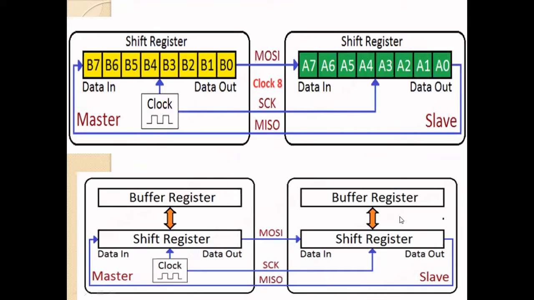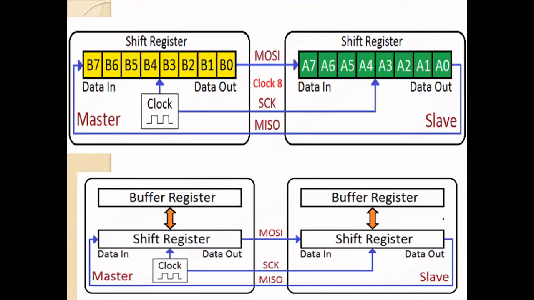Suppose I want to transmit 5 bytes of data from master to slave device. First, the first byte will be moved to the buffer register. This is an 8-bit register, and the shift register is also an 8-bit register. The first data will be received by the buffer register. From the buffer register to the shift register, the connection is parallel. When I store the first byte, immediately all 8 bits, which are called 1 byte, are transmitted to the shift register.